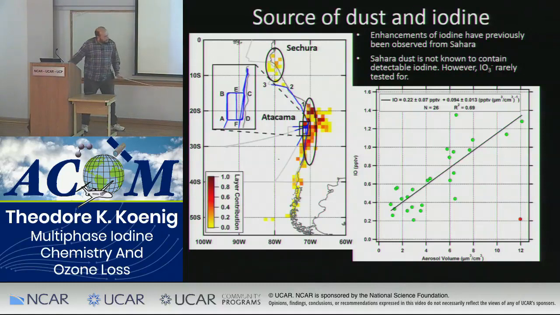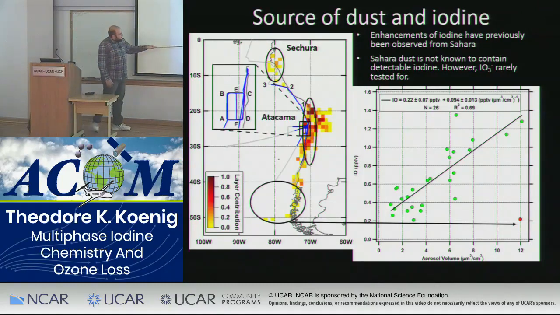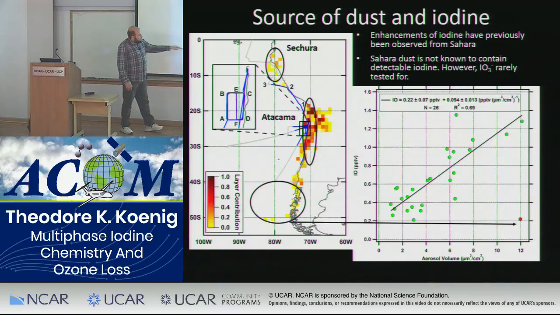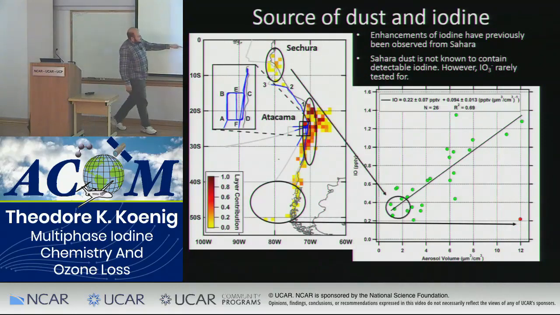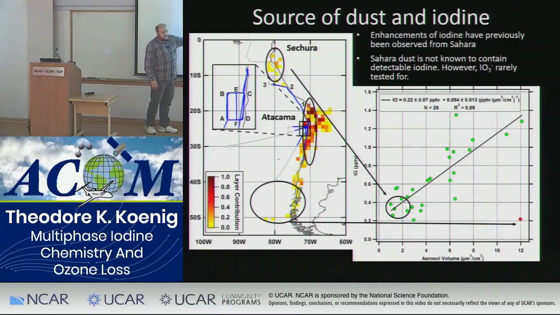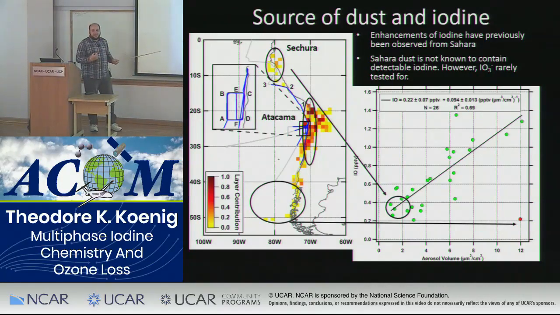And then back here, this back trajectory, about half of it maps to that single point, which actually just seems to be a false positive detection, where our criteria weren't able to exclude that, but we can say it's an outlier from this trend. And then if I look at the Sechura data, it falls significantly lower, but it's still on the same trend line. So it appears that the IO mixing ratio we see correlates quite nicely with the aerosol volume, that there's a real connection between this dust we're observing and the iodine we're observing.